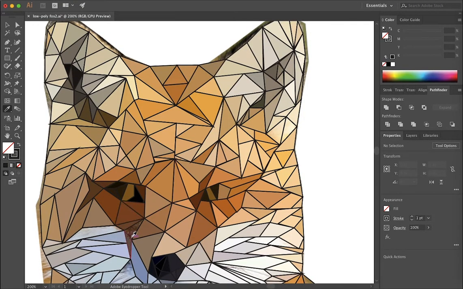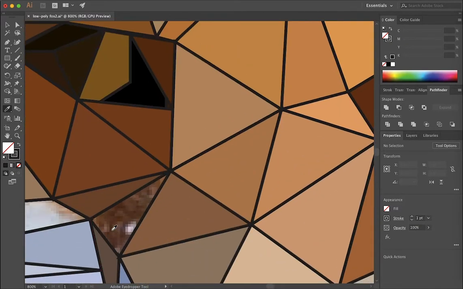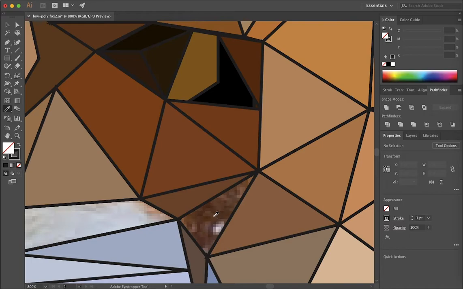Okay, so one thing you might notice is that as you're filling these in, sometimes, as in this case right here, we end up with a spot that did fill in when I tried to fill everything, but now for some reason I can't find the triangle that fits in this corner. And so what I'll actually end up doing is going to the pen tool, starting here on the anchor, and